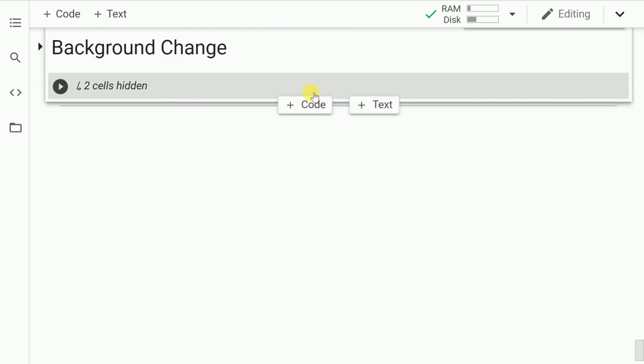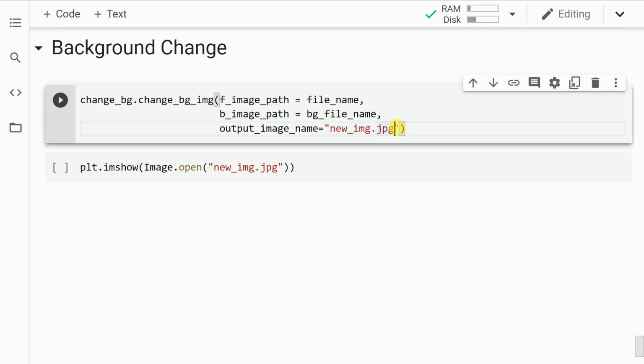The final piece that I want to show you is the background change effect. So next up, if you have a custom requirement where you want to change the entire background image altogether, keeping the foreground the same, then you can achieve this task by a single line of code, that is by calling the function change_background_image, passing the foreground image file, next up passing the background image file, and specifying the output file name. So let me run the cell.